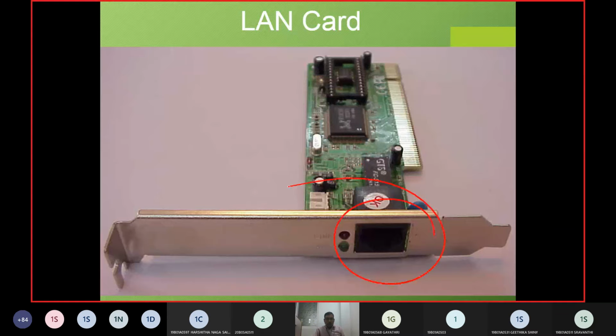Next one was the LAN card. If you are using a broadband connection and a wire in your house, you can see on one edge of your laptop, either towards the left or right, a socket where you can plug in to get the internet connection. If I want to use a broadband or internet connection with a cable wire, then you need to have a LAN card. You will have the LAN card in your laptop or desktop computer. Right now you can see towards your left or right hand side, a slot will be there.